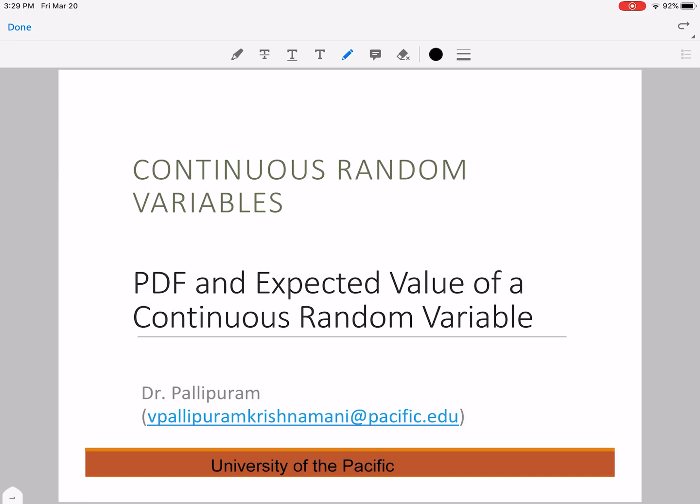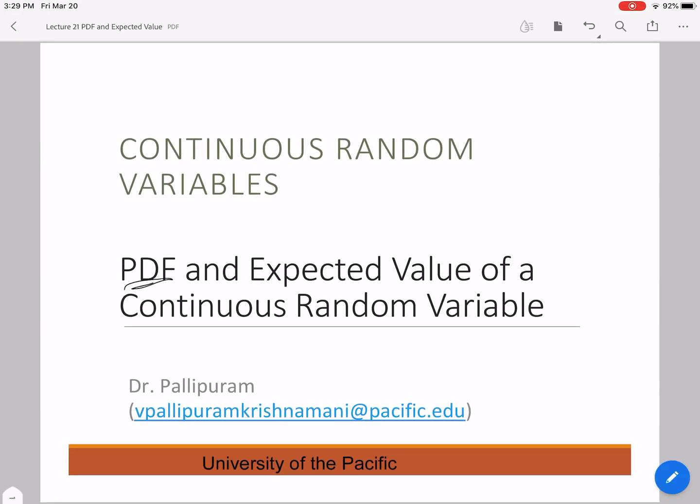Now in this lecturette, I'm going to cover probability density function and expected value of a continuous random variable. The probability density function happens to be the most important probability model for a continuous random variable. It is even more important than the CDF. In fact, we are going to exclusively use the probability density function PDF to calculate all kinds of probabilities with